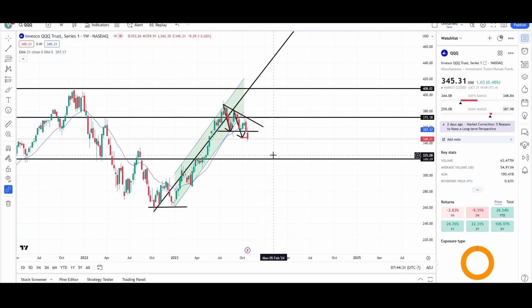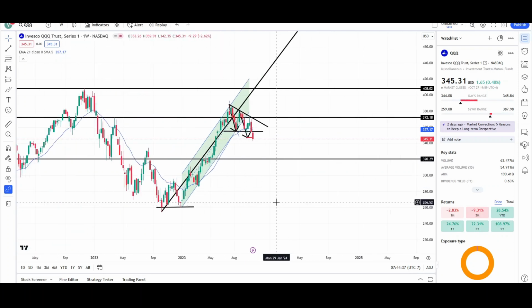If not, then where it's headed. This QQQ is headed to the 321 and possibly even the 260. So right now, that's not likely, but those are two potential targets if we don't reverse anytime soon. So that's what I mean by if we don't reverse anytime soon, those further downward targets become more in play. So that's all I have for the